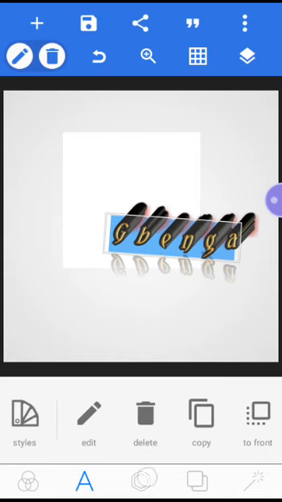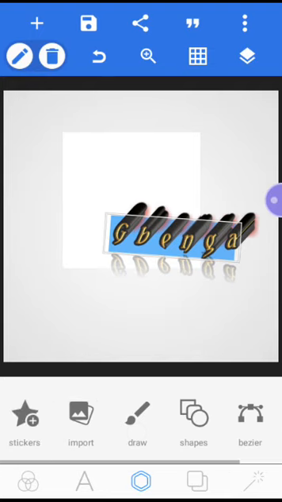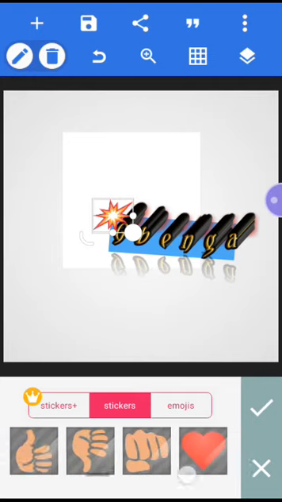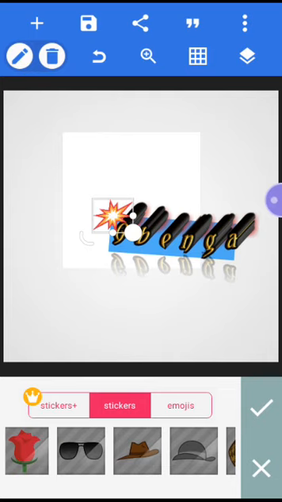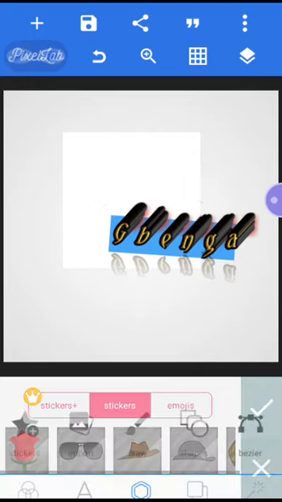You can also go to the shape tools. You understand? The shape tools are used in importing stickers. So you can import a sticker to your design. You can put it here, the sticker. There are many kinds of stickers. Maybe there's a person's image which you have brought to the background of the Pixel Lab. You can give the person's head a cap for him to put on. You can see. So these are what